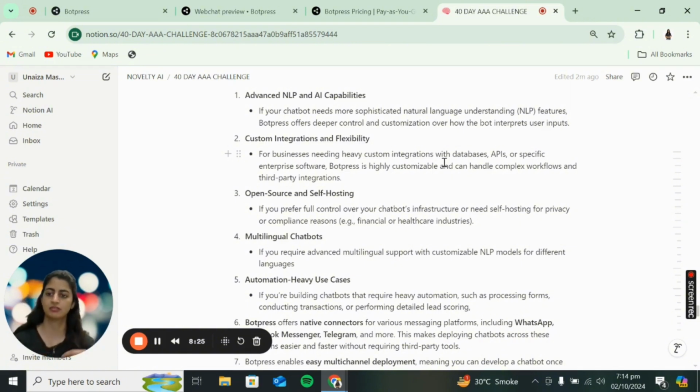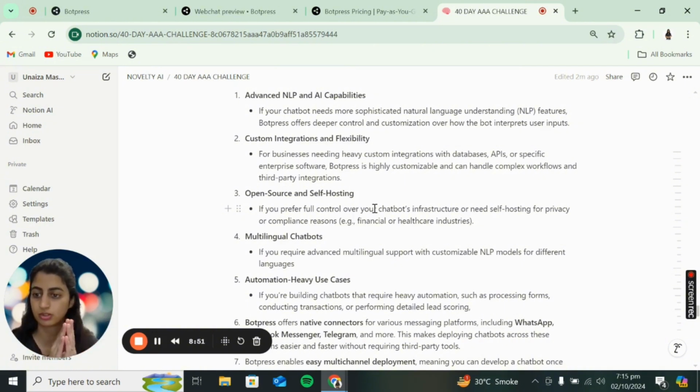So if you're an enterprise and you have your own software that you want to connect with BotPress, you could do that. You can also deploy this on an open source or self-hosting platform for maybe medical purposes, or if you want your chatbot to be HIPAA compliant, so you can host it on your own self-hosting.